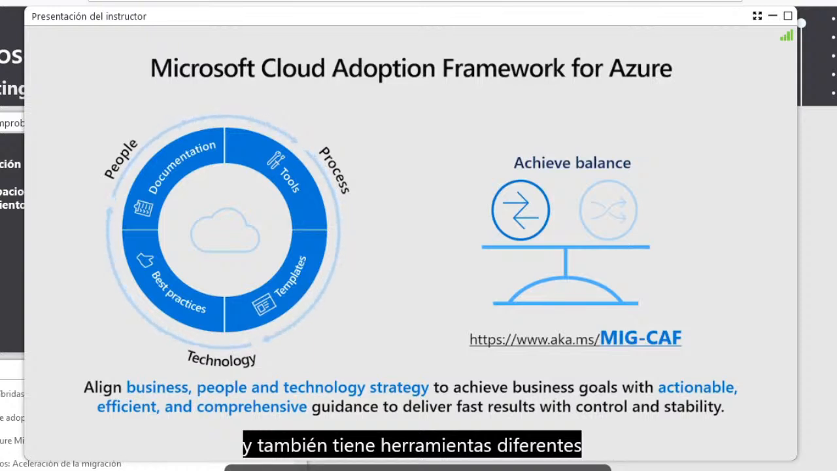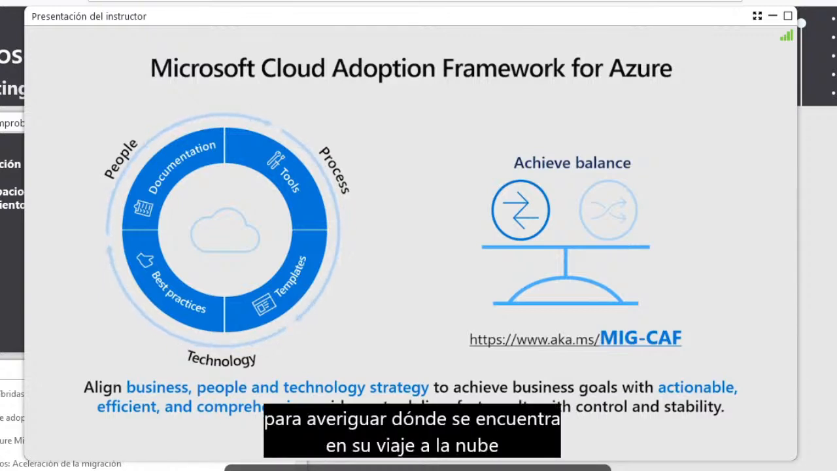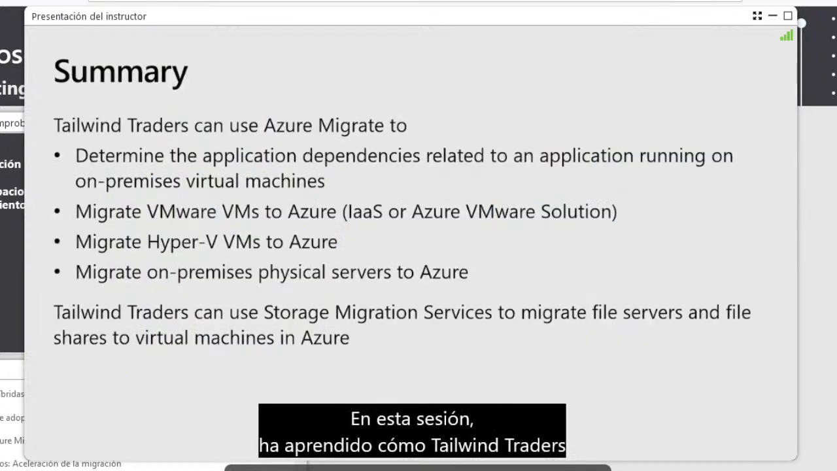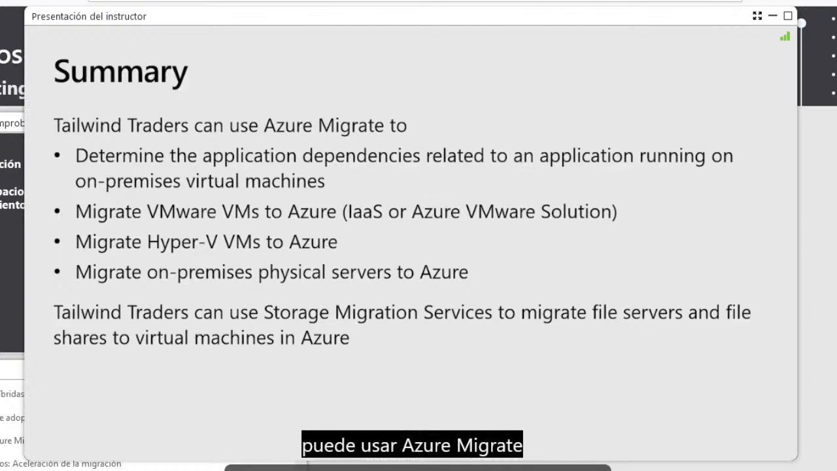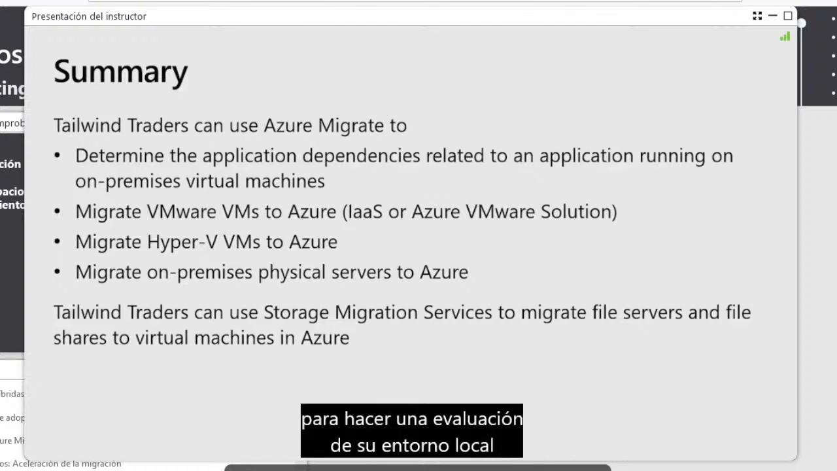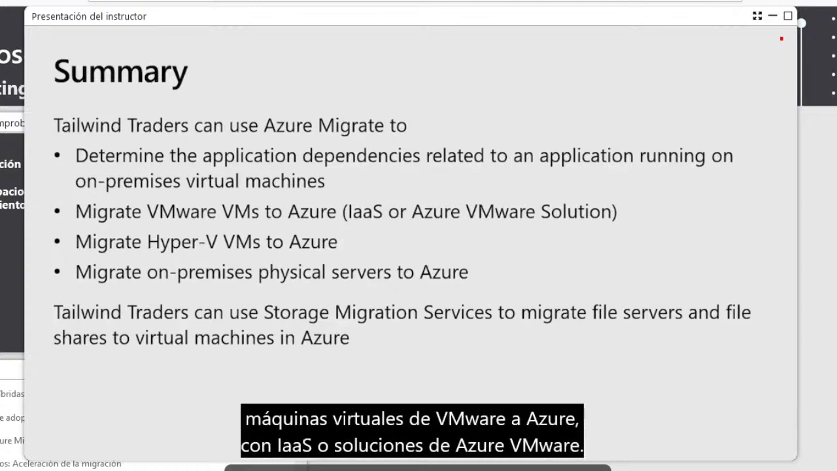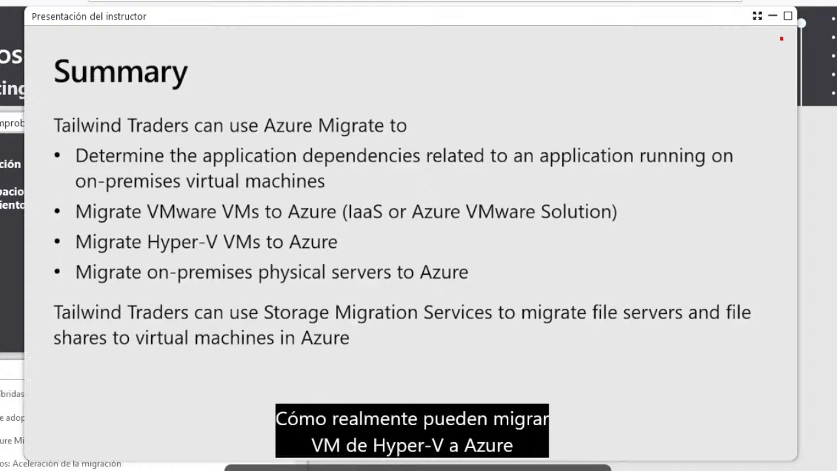And it also has a lot of different tools which will help you to do, for example, assessments to figure out where you are in your cloud journey and where you still have work to do. So in this session, you have learned how Tailwind Traders can use Azure Migrate to actually do an assessment of their on-premises environment to find applications and dependencies running on their on-premises virtual machines and even physical machines if they want to. Also, how they can go out to migrate VMware VMs to Azure using IaaS or Azure VMware Solutions, how they can actually migrate